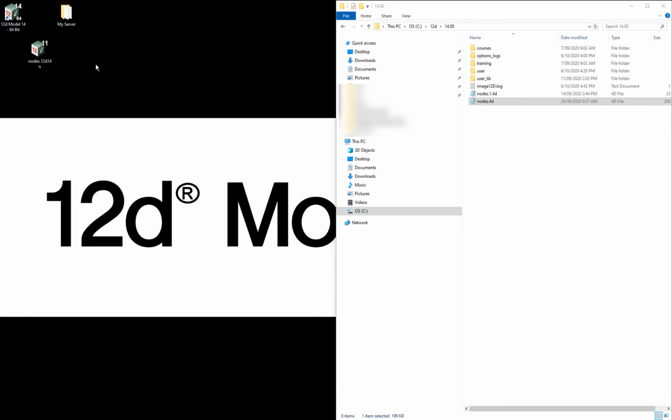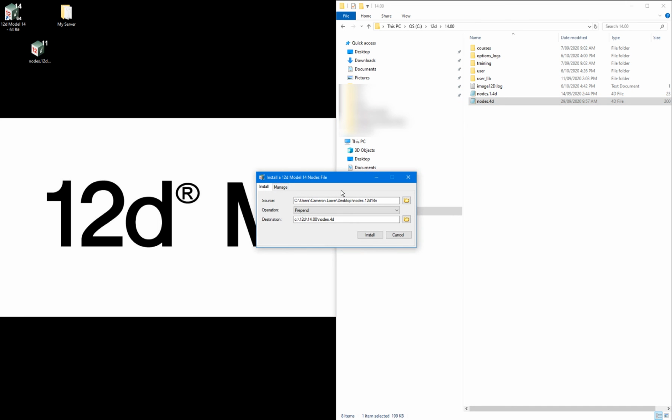If you have one server administrator who is responsible for updating nodes files on your server, you could assume that they have the most up-to-date nodes file on their C drive, as I do here, because I have compiled the nodes file on my workstation. In this case, the new nodes file executable can be run. Select prepend, which will update the nodes file on the C drive,